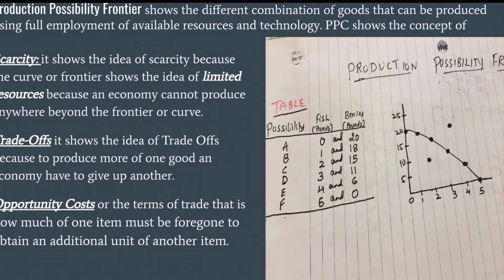So you can see the table of the production possibilities, or the production of two goods in an economy, and the graph wherein the point inside is wasteful or inefficient. It is not utilizing all the resources of the economy to its full capacity, and the point outside the production possibility curve or frontier is unattainable because of the limited resources.